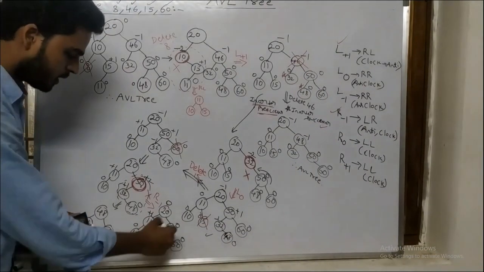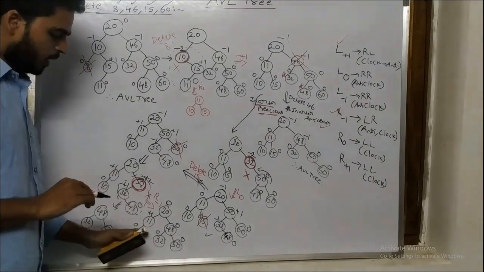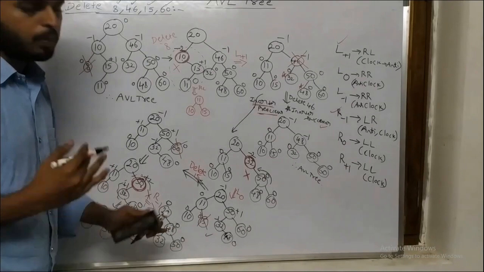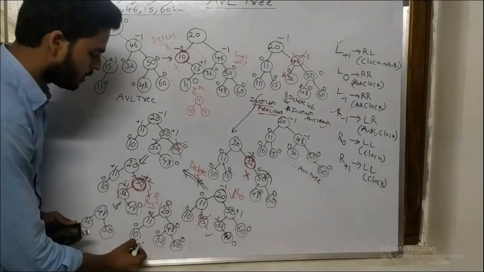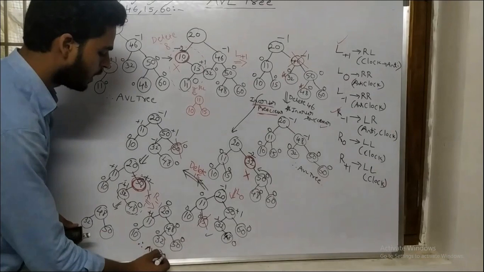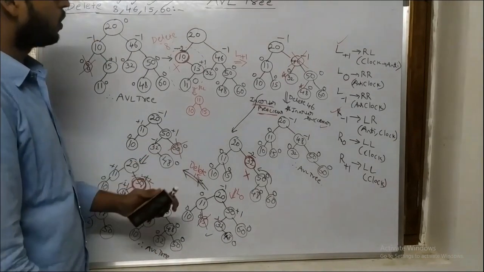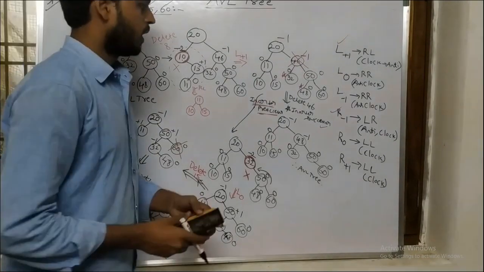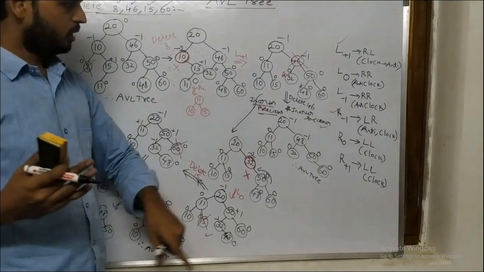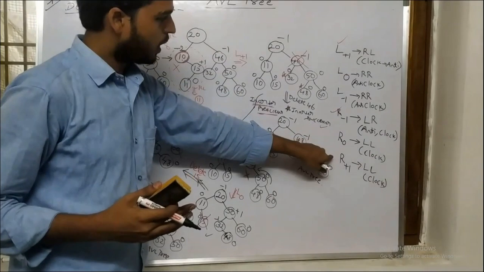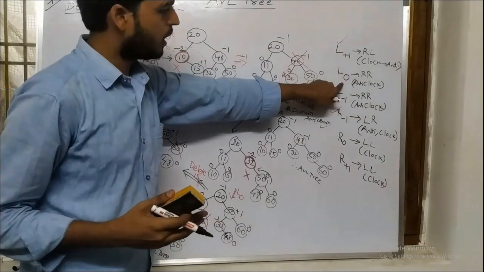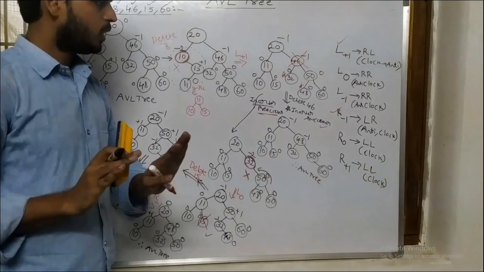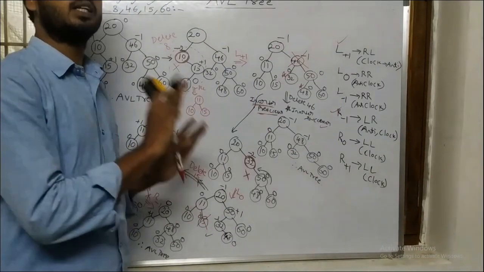Now if you take this tree, at this point all balance factors of every node are either 0, plus 1, or maybe minus 1 also. So this tree I will call an AVL tree. This is the way you perform the deletion operation over an AVL tree. Whenever you are performing a delete operation, you need to apply this kind of operation: L+1, L0, L-1, R-1, R0, R+1. But don't memorize any notation by heart. Just use your common sense and apply the rule there itself. That's it.